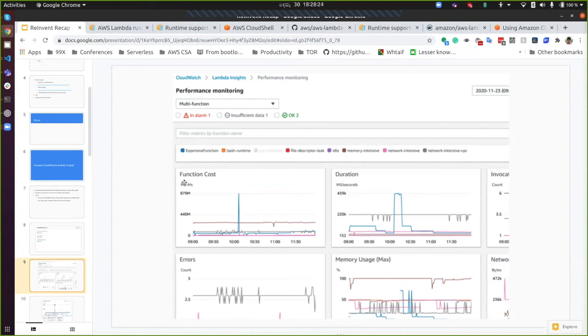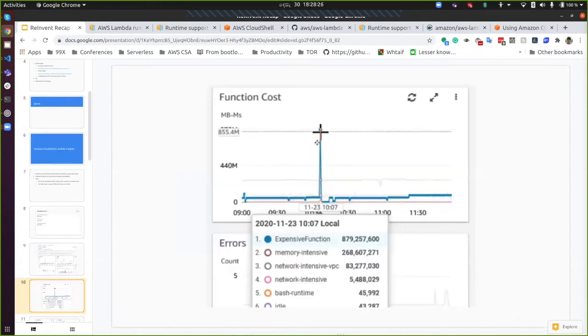If we have multiple functions, here you can see in milliseconds, related to all the functions, how this costing happens. So you will get a better understanding of where your expensive functions are, and you can even use this drill-down information to tune your Lambda functions. There are a number of public projects that you can use to tune your Lambda functions, but here you can use these Lambda Insights also to get a better understanding and tune your